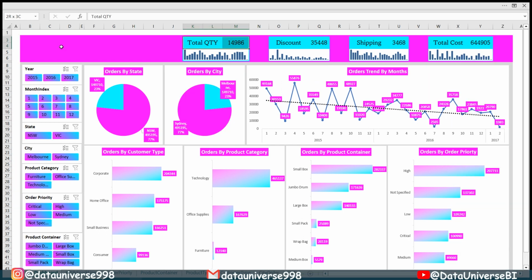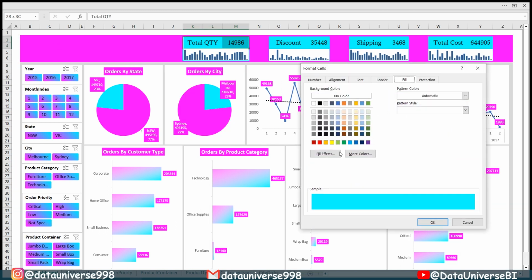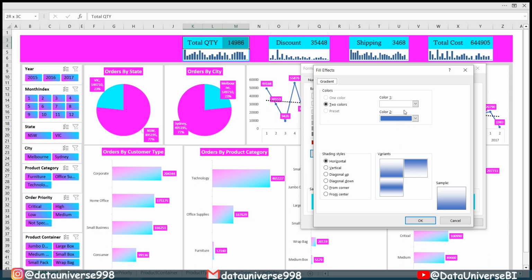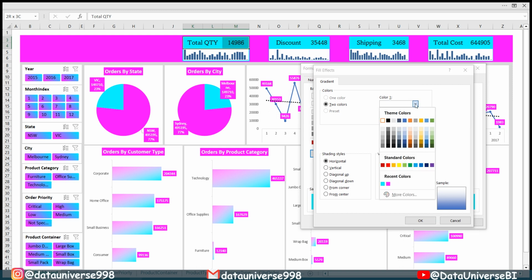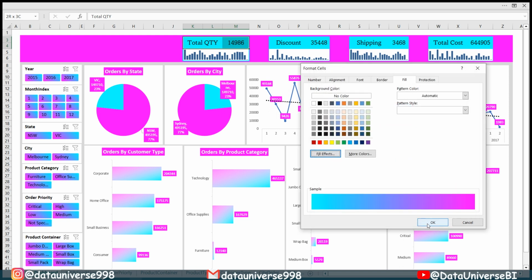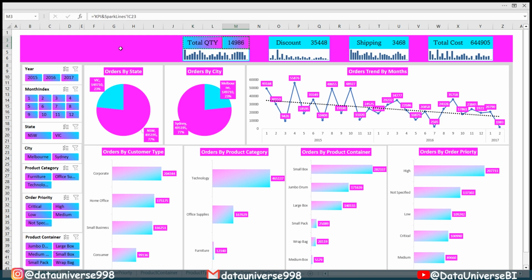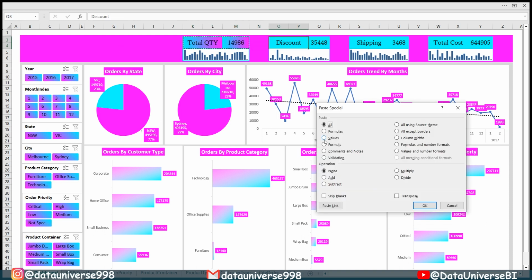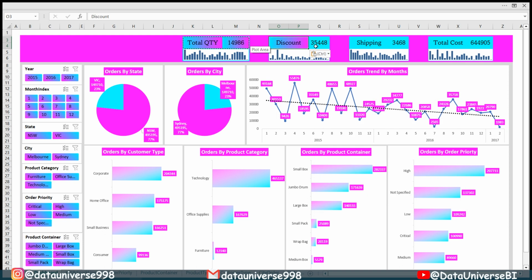I'm selecting this area, Control 1, fill effect. From here I will be selecting this color. From here I will be selecting this vertical and selecting this one, pressing OK. So I'm copying this one and pasting, pressing Ctrl Alt V from my keyboard. From here I will be selecting format, so it will apply the format from here to here. So copying and pasting my format here,